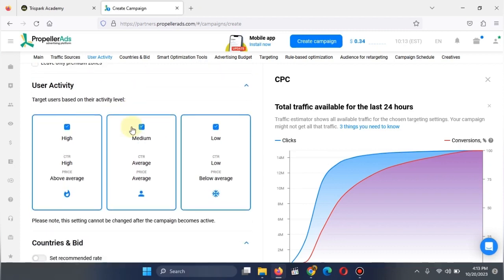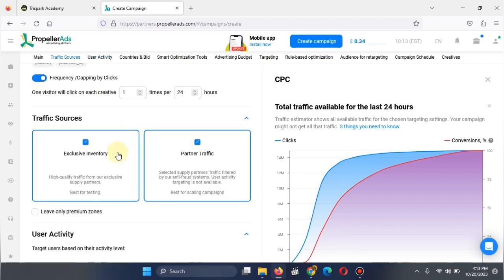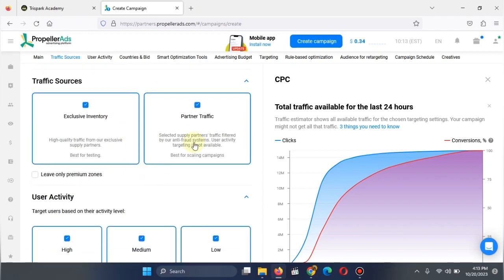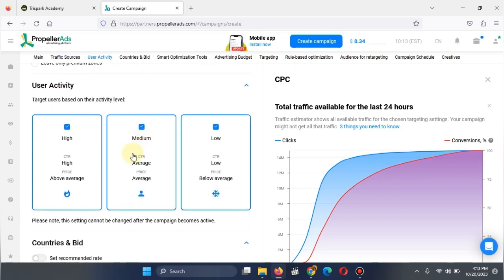Okay. That is if you need only the page views. Maybe you need only the traffic coming in there. You don't need the click. You just need maybe traffic from USA or Canada to be entering your site so you can be getting your clicks from other sources. You can then decide to go ahead with using this. Okay. Then the next thing here is user activity, you leave it the way it is.